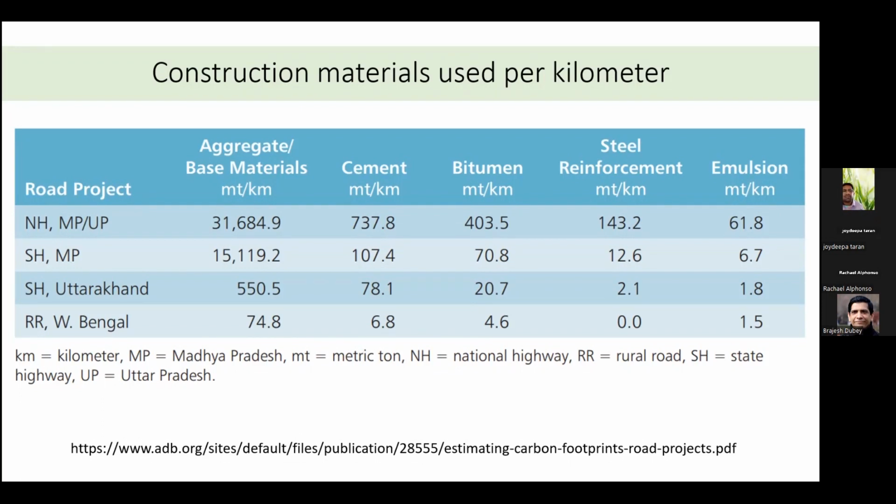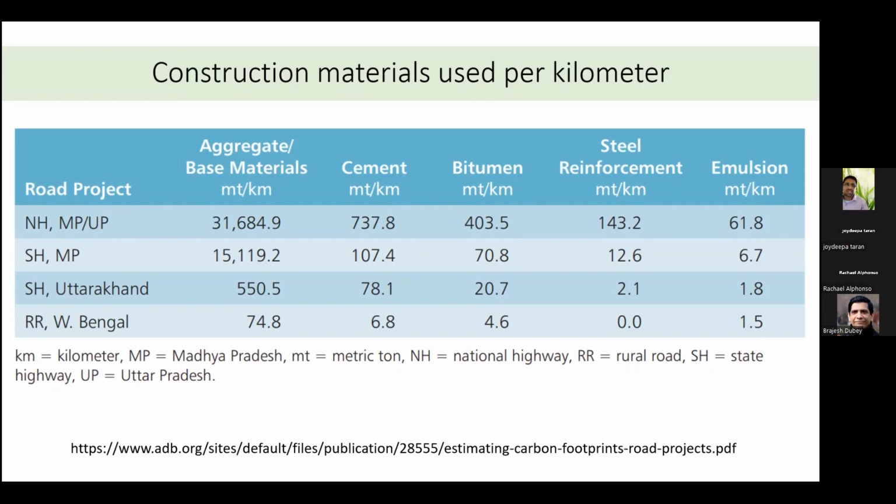So they're very much focused on executing the project. The goal and scope for the other person is different, and the goal and scope for me is different. So I should go and explain them, collect the data which I want, and convert them in the way I want. So I'll use per kilometer as a functional unit for collecting the data. I'll get all the bill of quantities or estimations that are readily available from the detailed project reports, and I'll put them into my Excel sheets and convert.